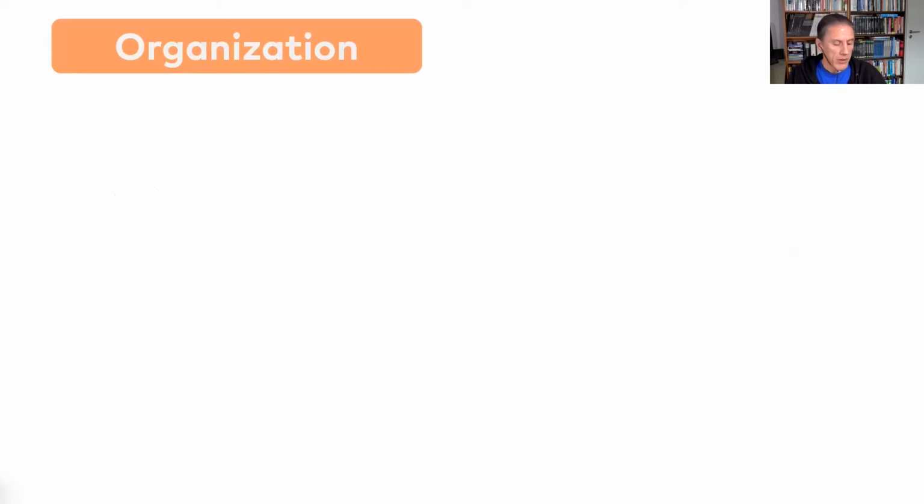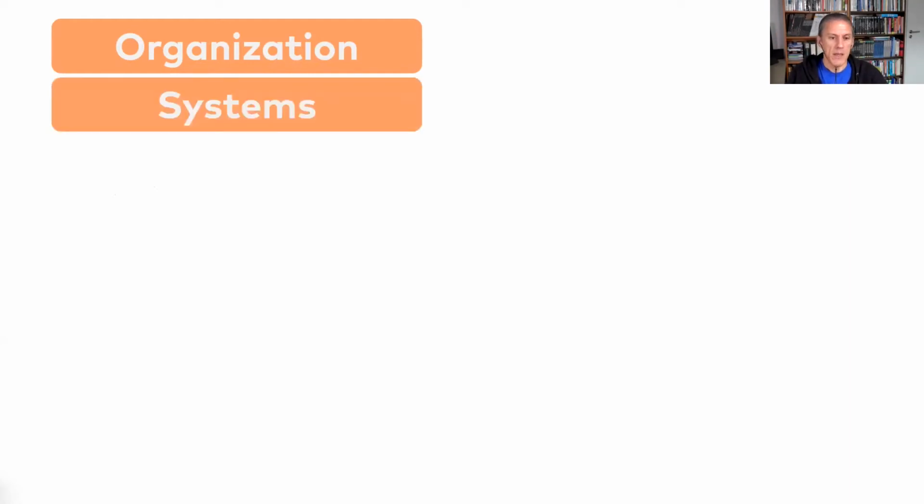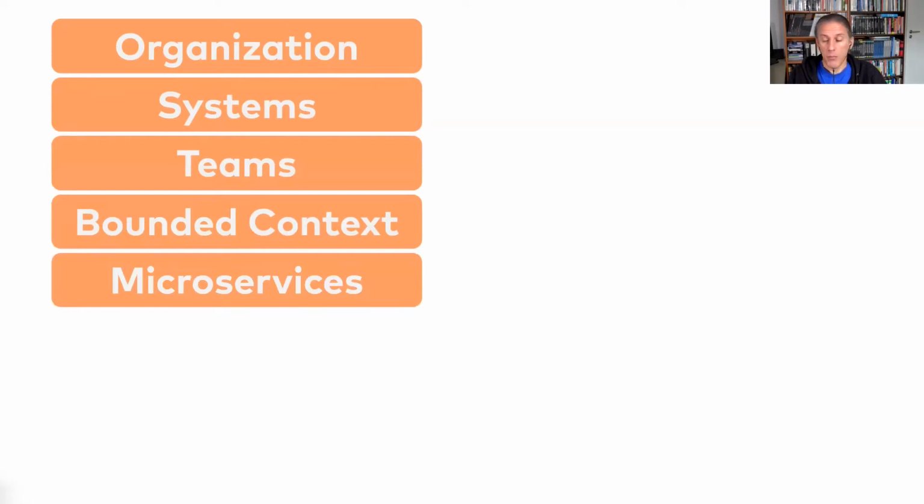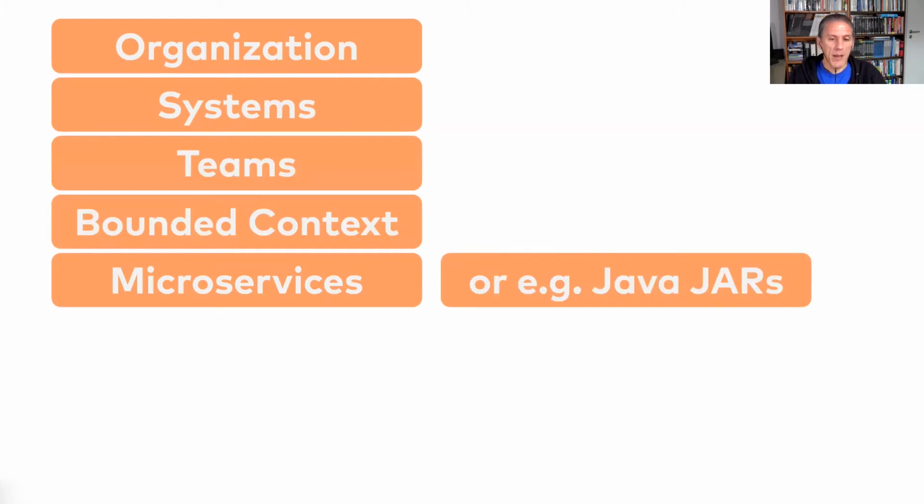But if you think about it, the IT landscape of an organization is split into multiple systems. Each of those systems is handled by one or more teams. Each of those teams works on some business functionality, let's call it a bounded context, as we would do with domain-driven design. And then we would have microservices if we are using microservices,